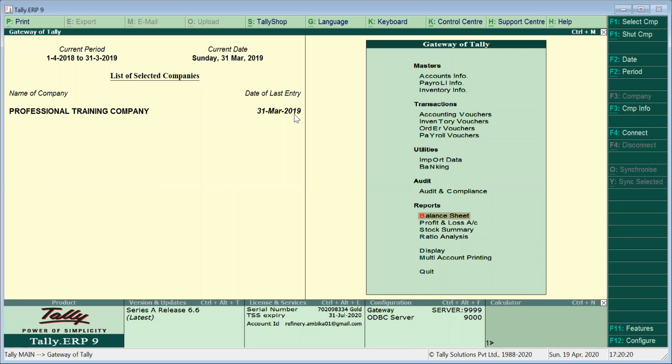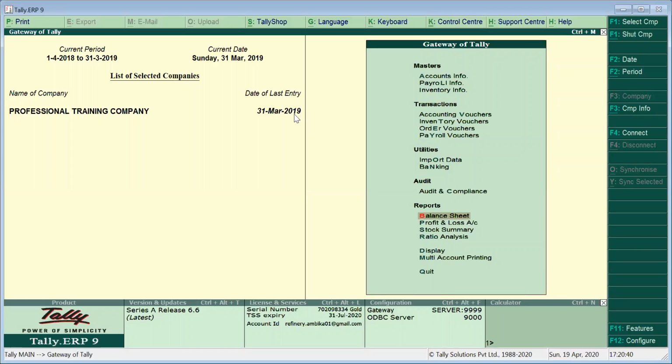Now I am going to show you how the ledger of Indian Air Force was created, and then I will show you how a ledger is created by creating some other ledger. So first I will display you how to create a ledger. Sorry, I am going to show you how the Indian Air Force ledger was created.